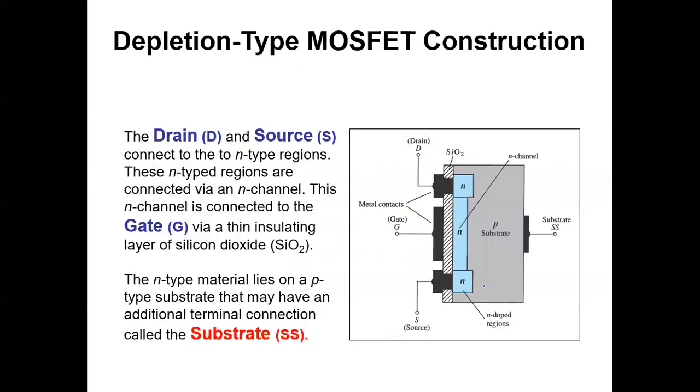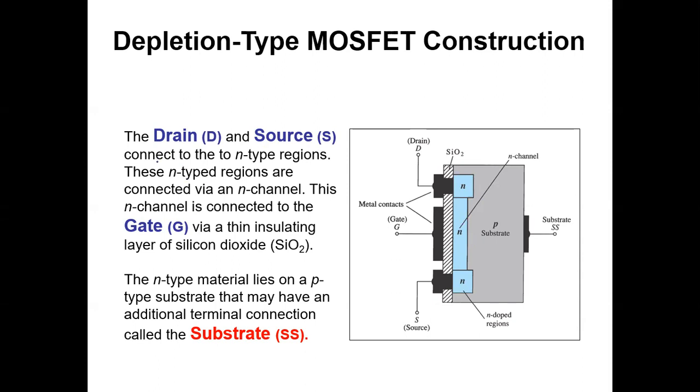gate. So the structure of your MOSFET is like this. Here you can see you are having a source, you are having a drain, and you are having a gate, and the body is also there, the substrate. Okay, and the channel is there. So here the channel is already there, so we need to deplete it. So this is called depletion type MOSFET.